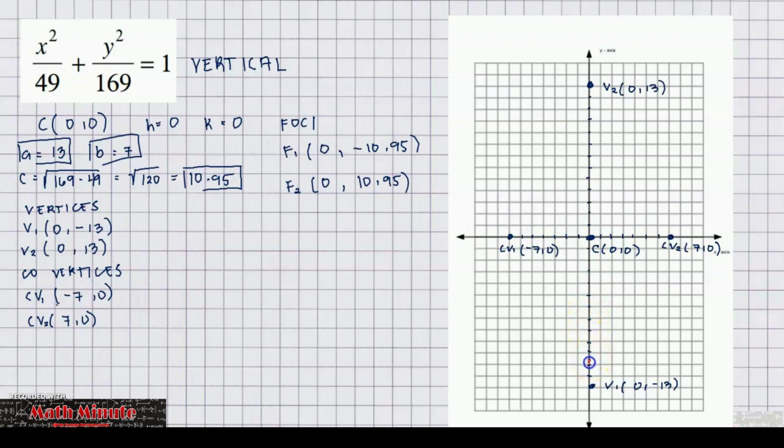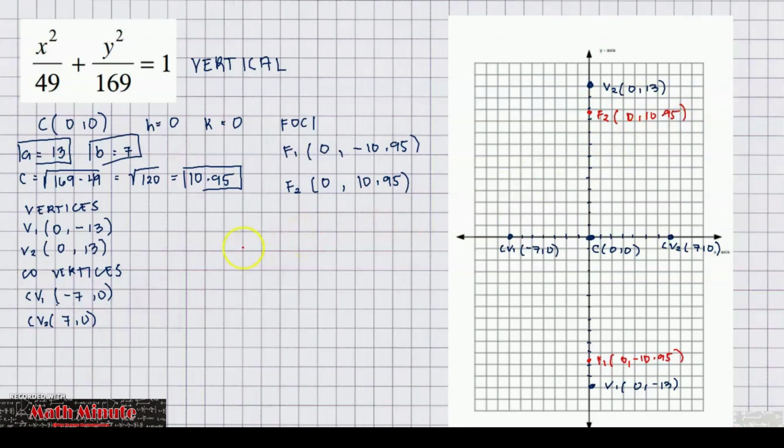So it's around this part. And your F sub 2, 1, 2, 3, 4, 5, 6, 7, 8, 9, 10, around this part, which is 0,